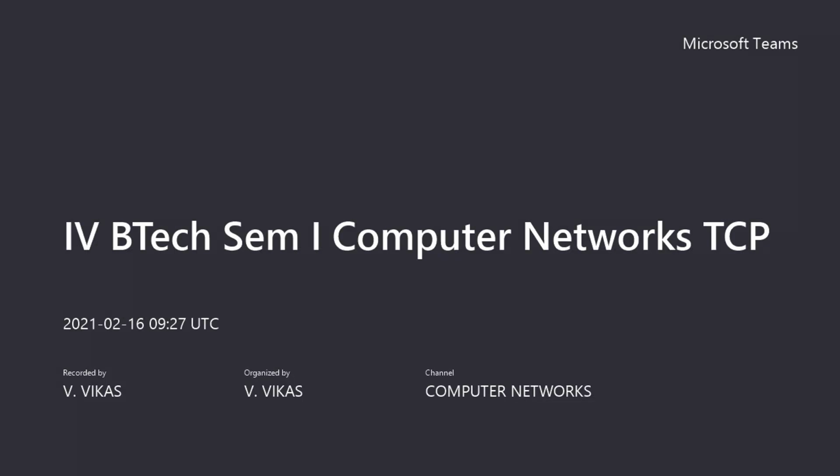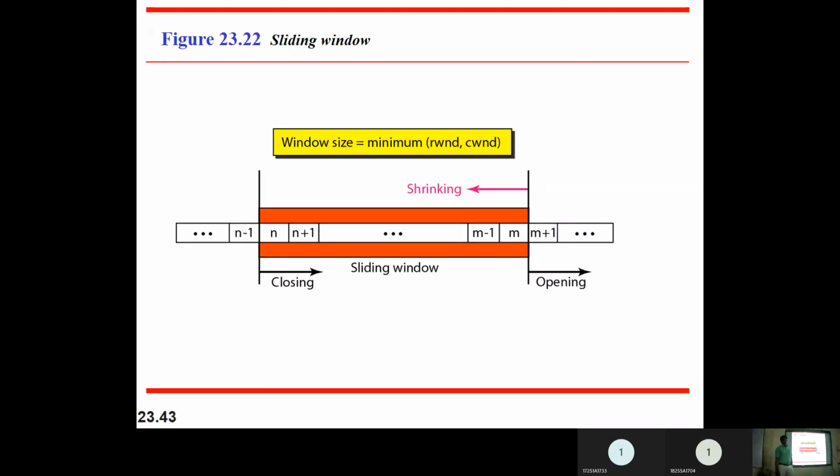Okay, so in the previous class we discussed TCP, where we considered things like how to establish a connection, how to terminate the connection, how data transfer is done. Connection and termination we have seen, we use the three-way handshake mechanism. And also, what are the things which TCP provides? TCP can provide error control and flow control, right? To have flow control, it uses something called the sliding window concept or sliding window protocol. So we will try to see what that sliding window protocol is.